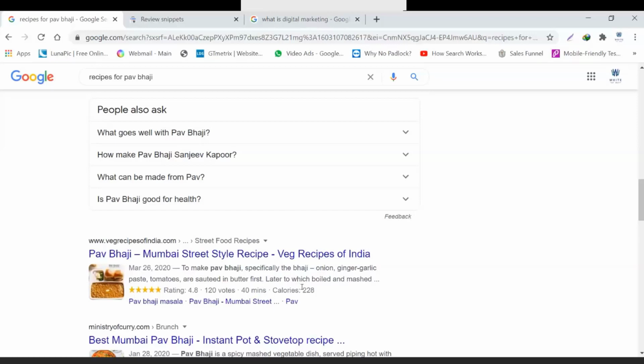They also increase the real estate. What is real estate? The amount of space a particular result is acquiring. They also tend to enhance that with the help of the rich snippets. So people would tend to give them more clicks rather than the conventional ones. That is why they tend to gain more CTR for you, because the number of impressions would obviously be stable, but the number of clicks are going to increase. Why are they going to increase? Because of these rich snippets. They tend to gain attraction and clicks from the people, and these are known as rich snippets.